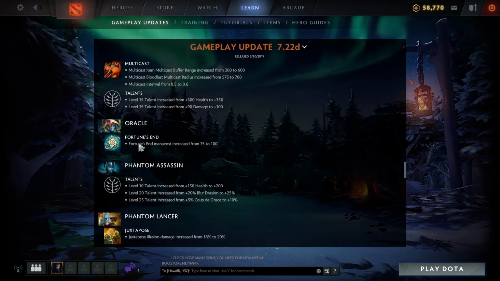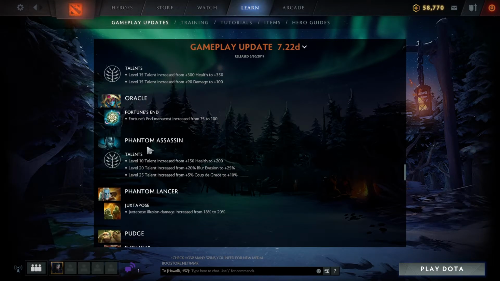Oracle. Fortune's End mana cost increased from 75 to 100. I think this would have a big impact at early game. Phantom Assassin. Plus 150 health to 200. 20% Blur evasion to 25%. 5% crit on Coup de Grace to 10%. I think the 10% increase is good. Now, actually, you have the triple Stifling Dagger, so I don't know if people will still choose the 10% at level 25. Anyhow,